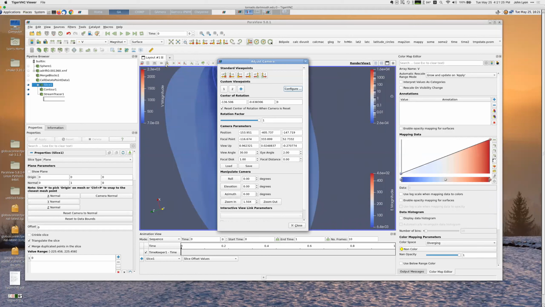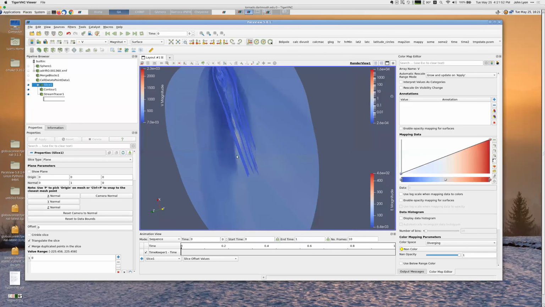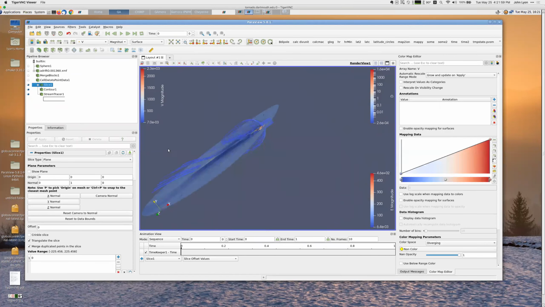You can adjust the camera by clicking here. It's useful for magnetospheric data to set the center of rotation to be the Earth, and also unclick this button because if you don't, anytime you add something, you change the center of rotation. So now everything will rotate around the Earth. Okay,